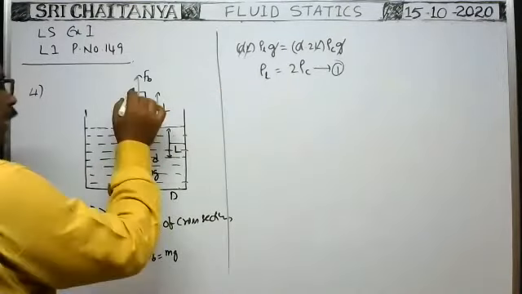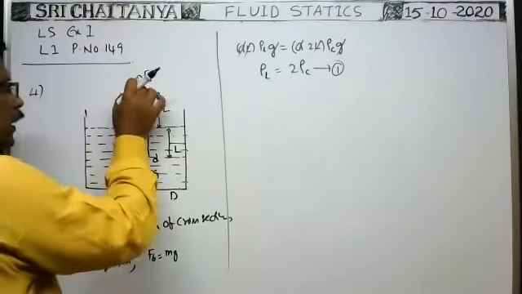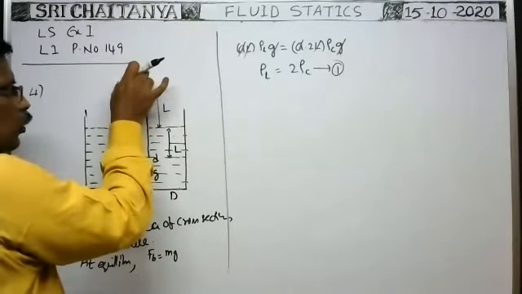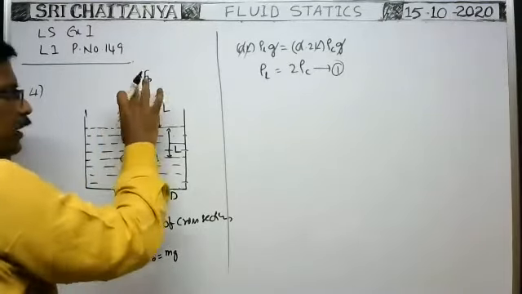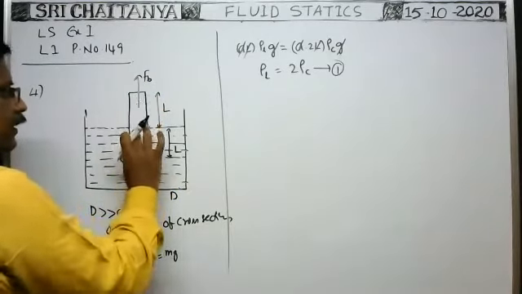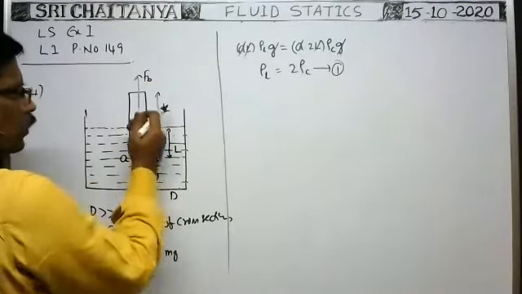Now the upper end of the candle is fired. It is burned, so the wick is glowing. When the wick is burning here, then slowly it melts. When it melts, the height of the candle gradually decreases, and it rises like this. And the height of the upper end of the candle gradually comes down.